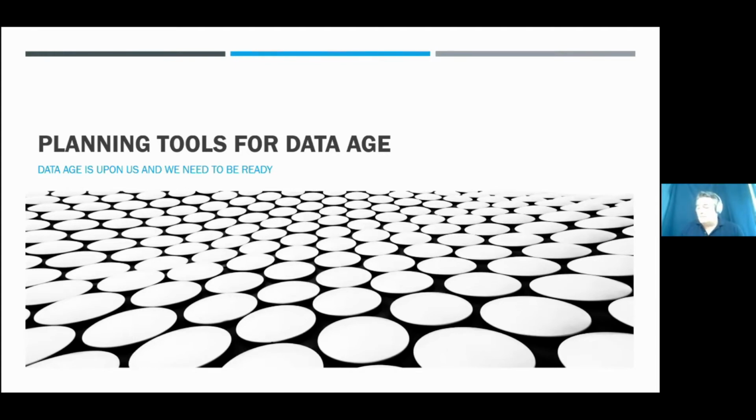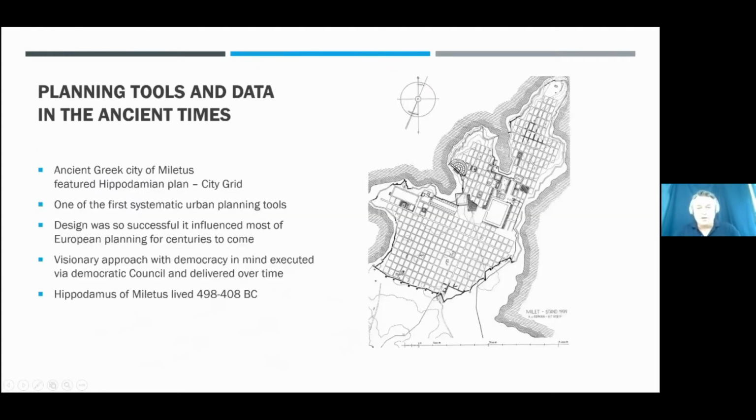So let me begin with something that will be a bit of a throwback, if you will. I will show you a few things from the past, how things were done 2,500 years ago, and I will try to illustrate how similar they still are today. However, what we have today is much more advanced, and we can do these things much more rapidly than it was done 2,500 years ago.